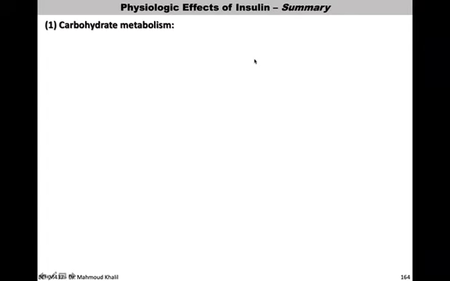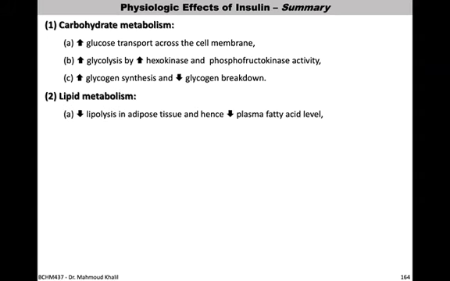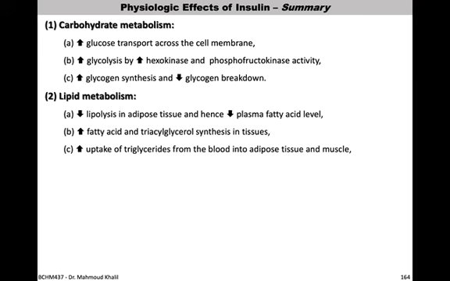So as a summary, we have carbohydrate metabolism, where glucose transport across the cell membrane increases, glycolysis increases, and the activity of two enzymes, hexokinase and phosphofructokinase, increases. Glycogen synthesis increases, and glycogen breakdown decreases. For lipid metabolism, the process of lipolysis decreases in adipose tissue, and hence the plasma fatty acid level decreases. The fatty acid and triglyceride in tissue increase. The uptake of triglyceride from the blood into adipose tissue and muscle increases, while the fatty acid oxidation in muscle